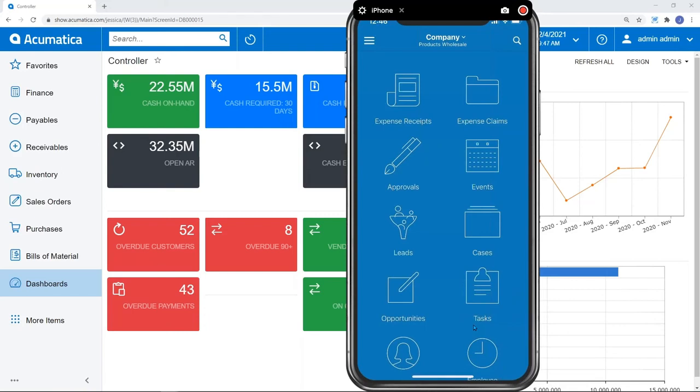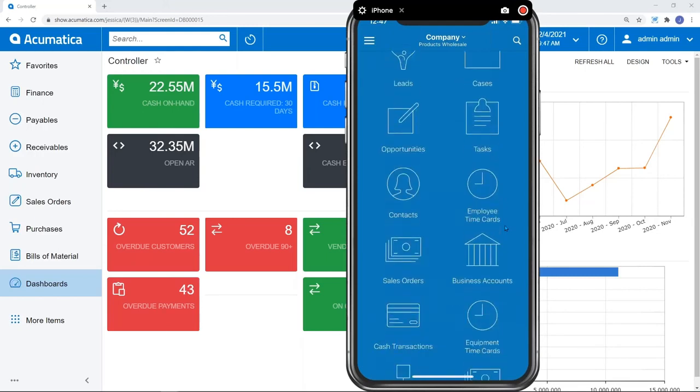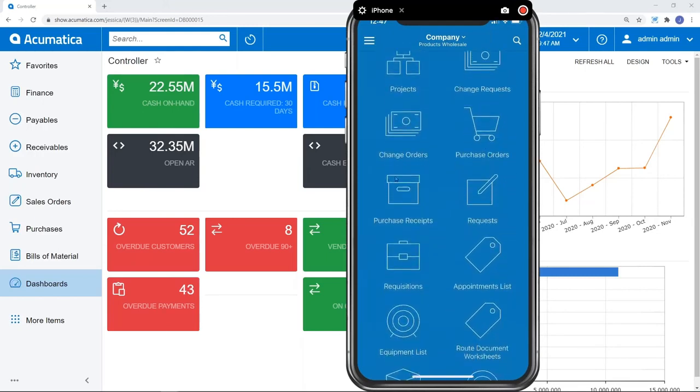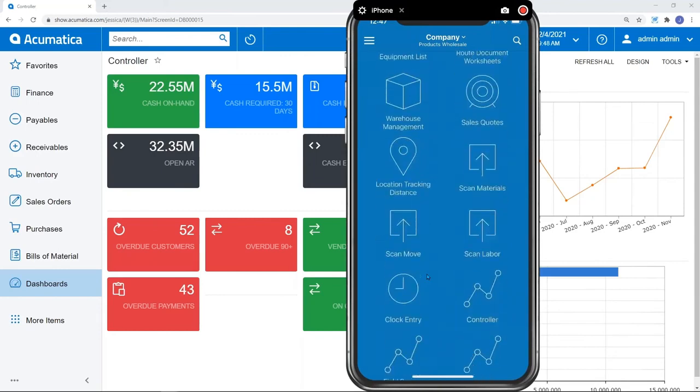So just notice, of course, the look and feel is designed to be responsive, so it will change the sizing on the screen depending on the mobile device that you're using. But also we give you these nice big icons so you can fat finger through here and you don't get stuck on pushing buttons that you didn't mean to push. We make it look different than the backend ERP, but of course, any good mobile app is created for the user experience to look and feel appropriately how it should from a mobile device.